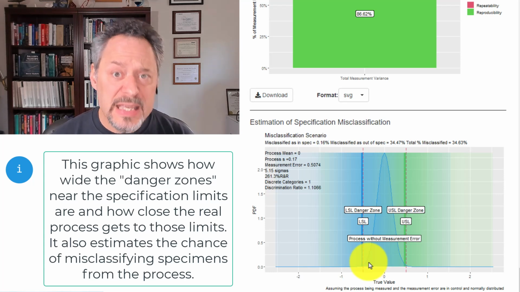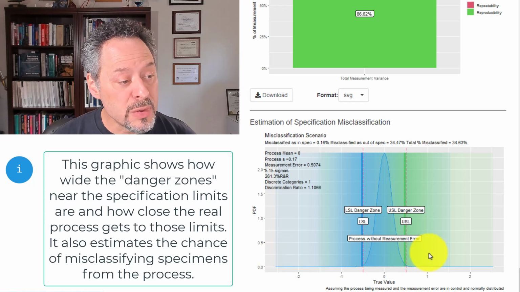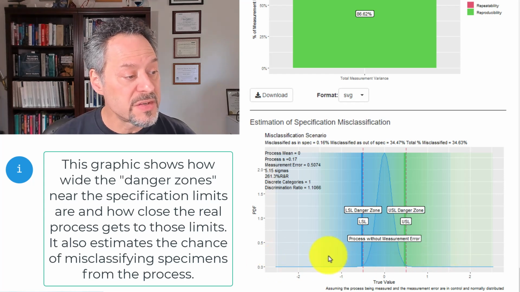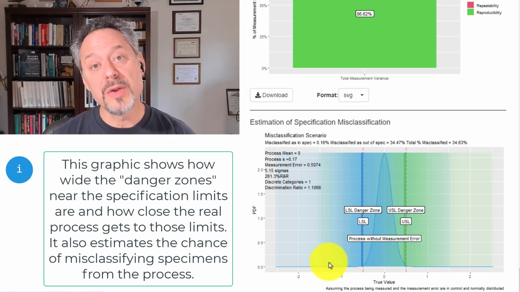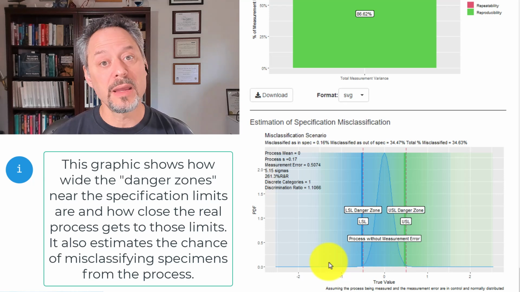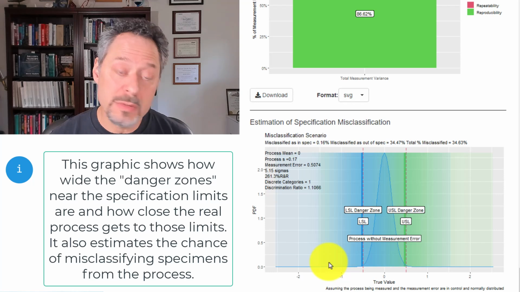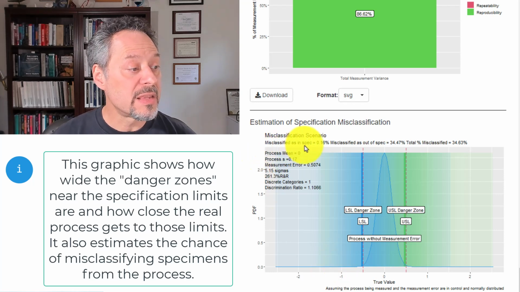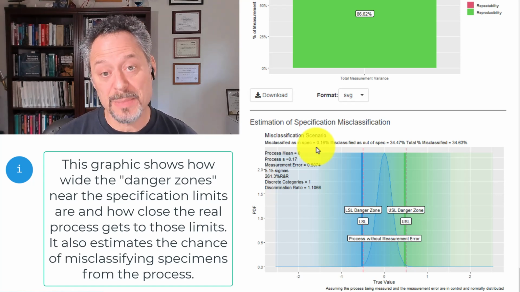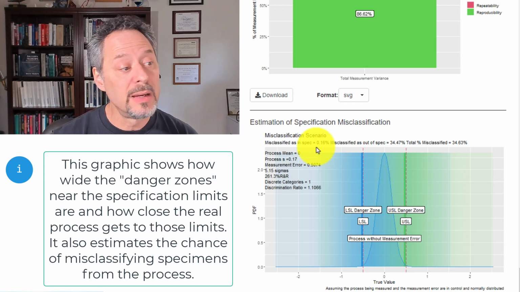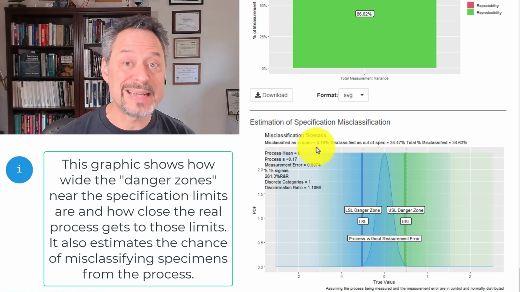The problem is, because of the gauge variability associated with these two machines, this blue band here and this green band here are my danger zones. Those are the areas where I've got a probability of misclassifying conforming product as non-conforming or non-conforming product as conforming. So the calculations then say that the probability of misclassifying in spec is about 0.16% of the time. So that stuff that was out of spec was made out of spec, but called in spec 0.16% of the time. So that's kind of bad, because that means you're going to be passing along stuff that's out of spec